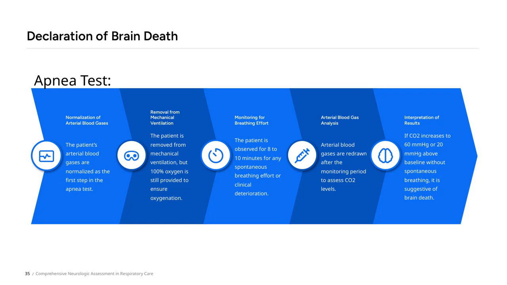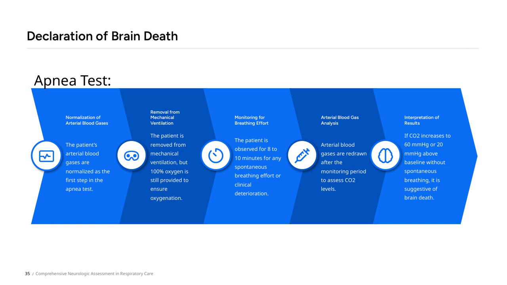Now, let's discuss the key points regarding the declaration of brain death and the comprehensive neurologic assessment in respiratory care. First, if the CO2 levels increase to 60 mmHg or rise by 20 mmHg above the baseline without any spontaneous breathing, this is highly suggestive of brain death. Next, after monitoring, we redraw the arterial blood gases to assess the CO2 levels accurately. During this process, we observe the patient for about 8 to 10 minutes to check for any spontaneous breathing efforts